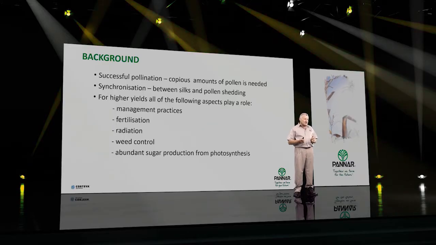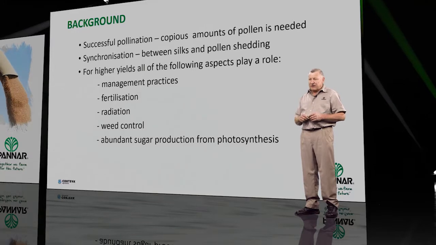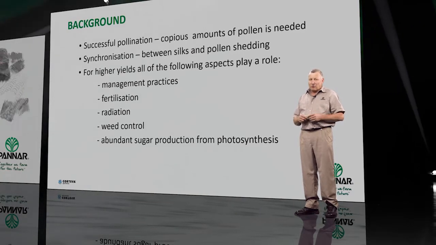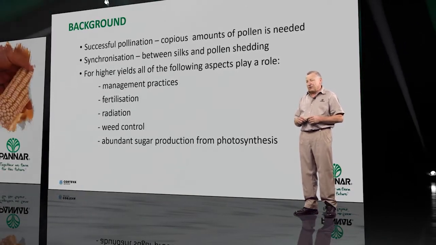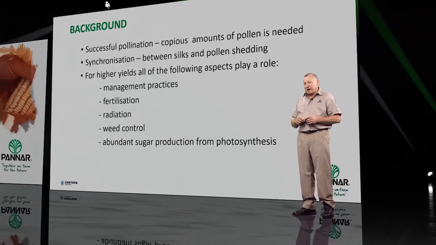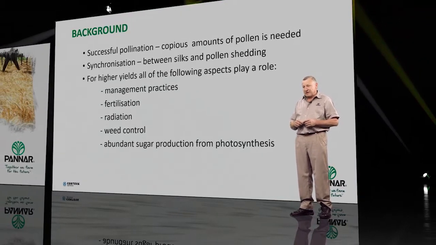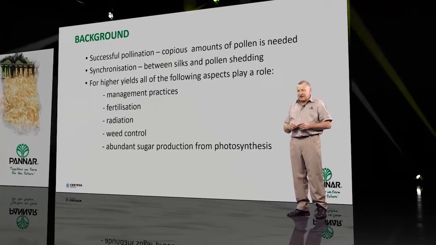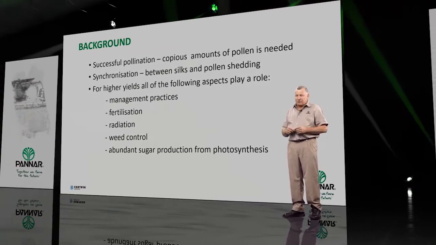For successful pollination, like I said, a copious amount of pollen is needed. There must be synchronization between the pollen shedding and the silk appearance, and we all aim for higher yields. You can do that by means of management practices, fertilization, radiation. There must be good weed control, and then the amount of sugars that comes from the plant due to the